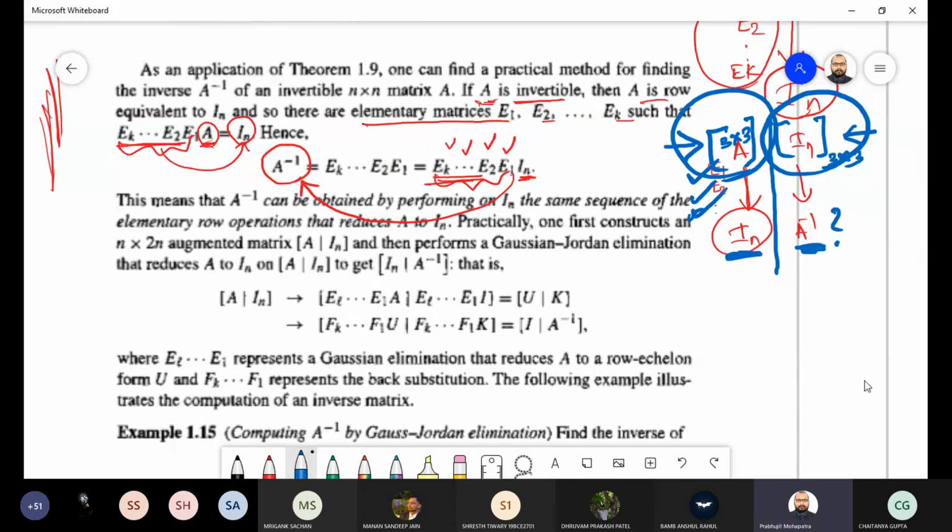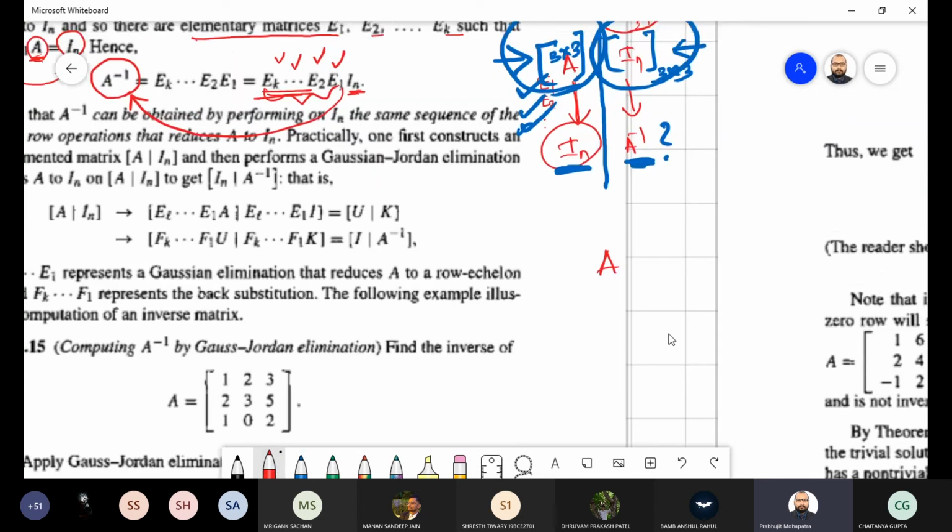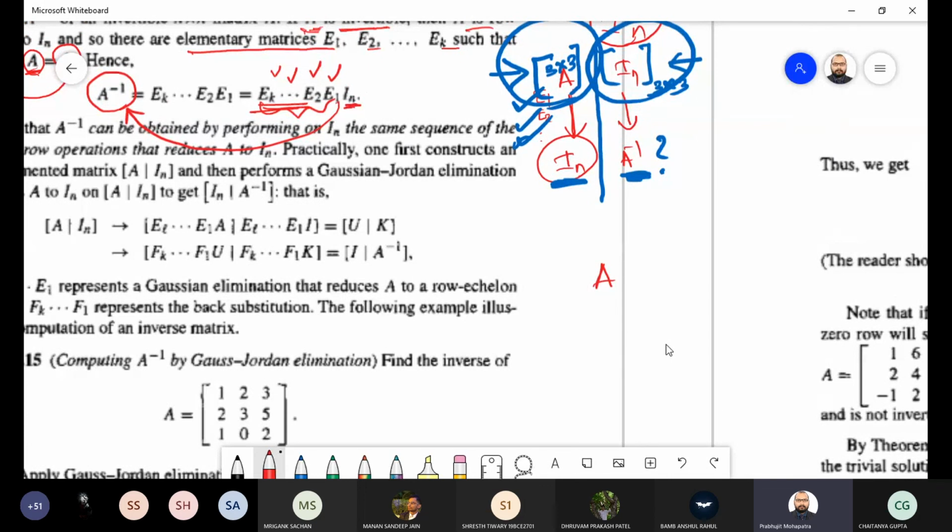Yes, sir. Let me explain it again, because many people do not understand. If the matrix A is given, whatever the size, 3 by 3, 4 by 4, whatever it is, at the same time you take one identity matrix of the same size. You do the operations from A to get the identity matrix. What are the operations? E1, E2, some Ek operations you are doing. If you are doing the same operations on that identity matrix, what are you going to get?